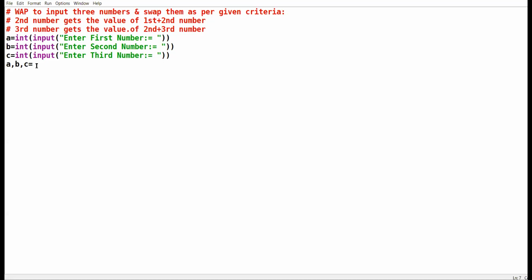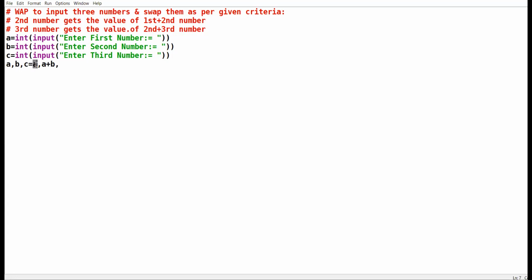So the first number will come as it is. This assignment question we did in the last lecture. The first value on the right hand side is assigned to the first variable on the left hand side. Now the second value. Second number gets the value of first and second. So it becomes first and second. Correlate.